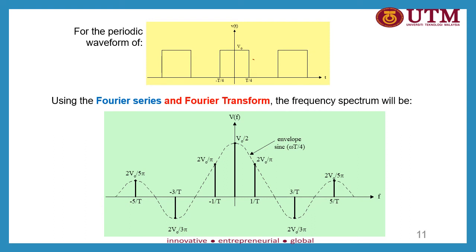So assuming that this T is approaching infinity. Okay, same goes to the left side, negative infinity. So what happens when you have a rectangular signal in time domain when the T is approaching infinity? How does the Fourier transform or the spectrum look like? Okay, if you look at this signal, if you have the T a bit smaller,